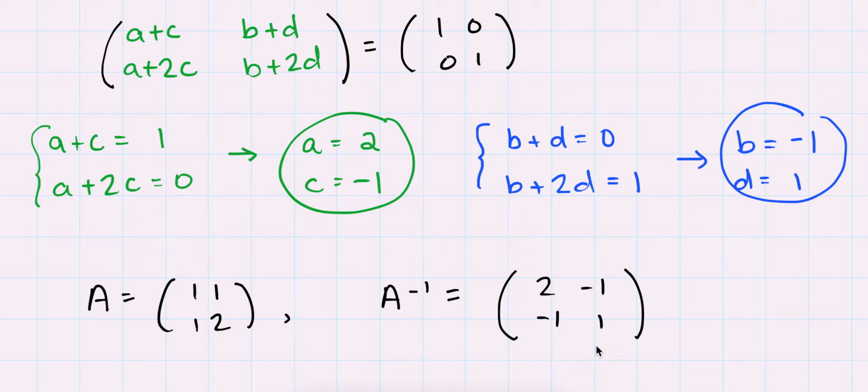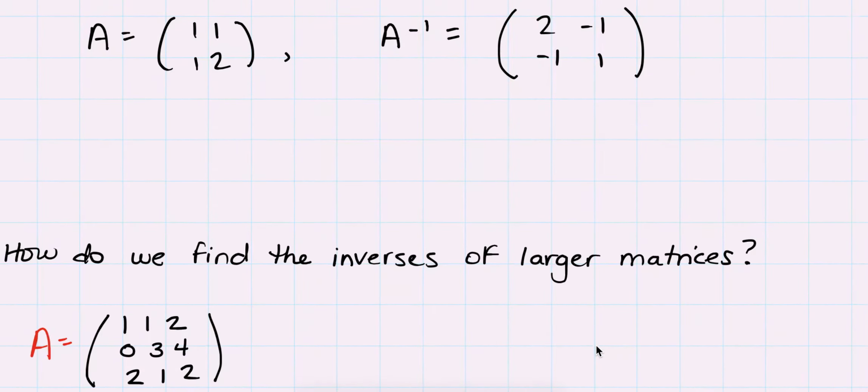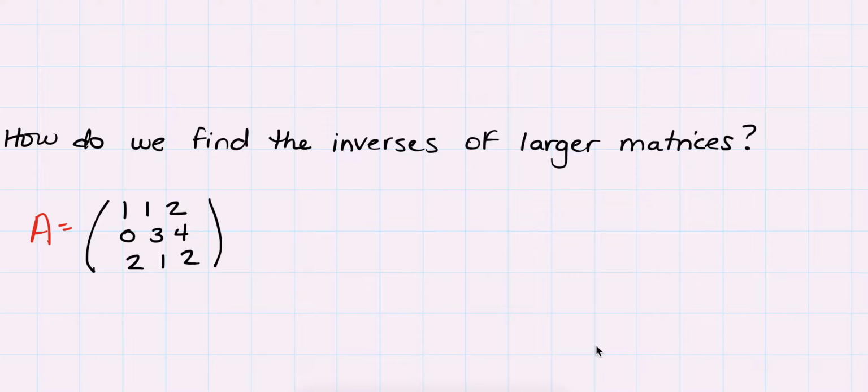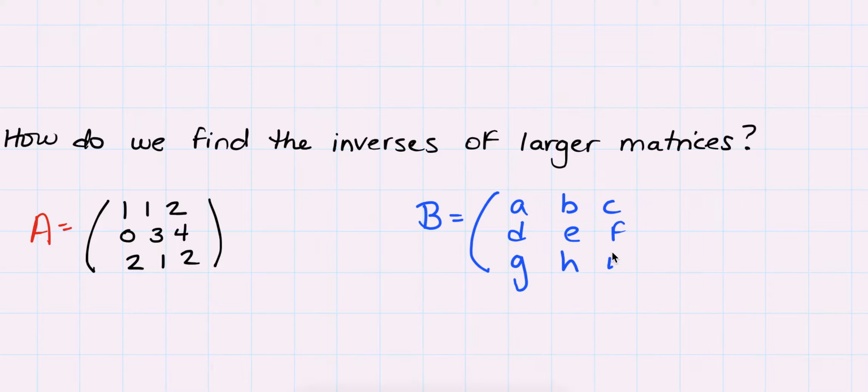What if we want to find the inverse of a bigger matrix, like a 3 by 3 matrix or a 4 by 4 matrix? Look at this matrix here. I'm going to call it A, and it's a 3 by 3 matrix. Well, we could do exactly what I did for the last problem. We could come up with a matrix B, and let's say it's a, b, c, d, e, f, g, h, i. I want it to be the same size as A, and what I want to happen is A times B